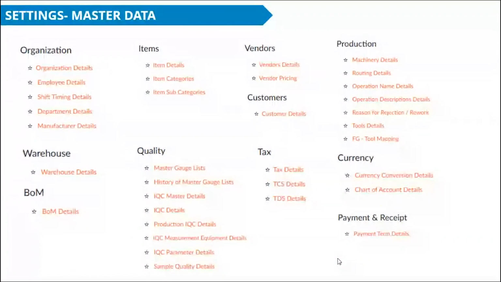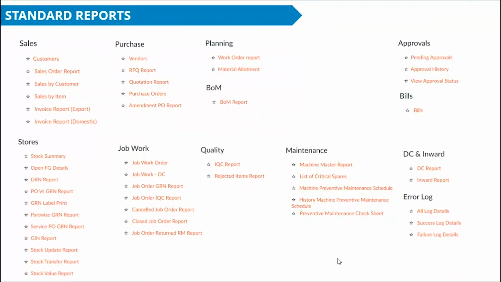This is the broad category of master data. Some of the menus, critical menus that you will get to see in the subsequent demo. This is how the configuration happens within the ERP, followed by the standard set of reports that we give along with ERP. Over and above this, any number of reports, any amount of customization can be done in Creator. Those of you who are already users of Creator will know how easy it is to customize a report or create a report from Creator. And for those who are new, creating a new report with all the data points that are available could be done in a jiffy.